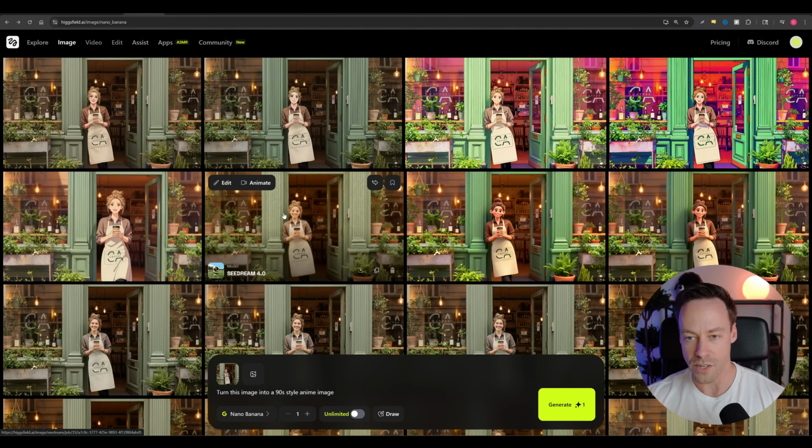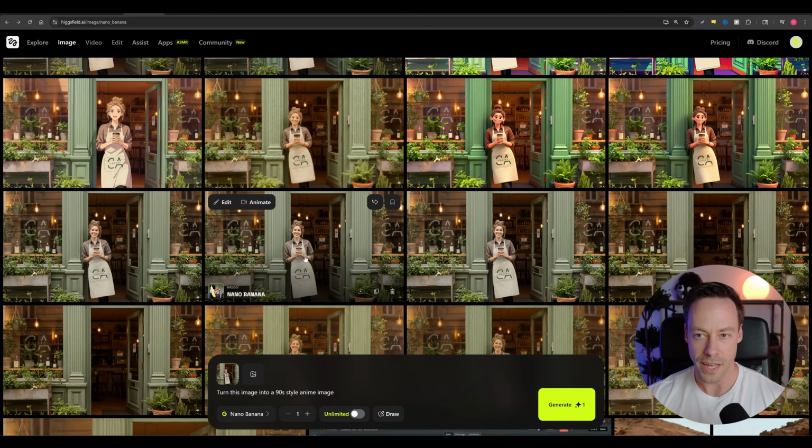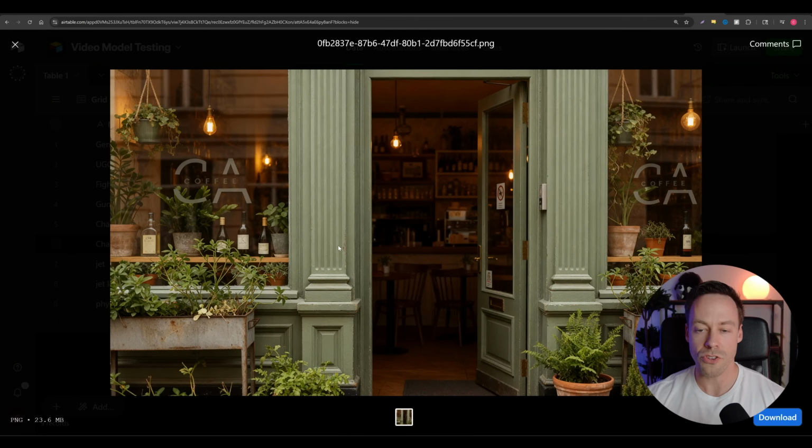Let's say I don't want to do an anime filter. I just want it to look like my store in photorealism, and I don't want to do some weird hacky workaround. Well, then your answer is this. You're still going to do a first image, you're just going to do it without her. So I still see the coffee shop, yet I still want a barista, some member of the shop, to show up and give the spiel. Welcome to Chase AI. We open this week, blah, blah, blah.